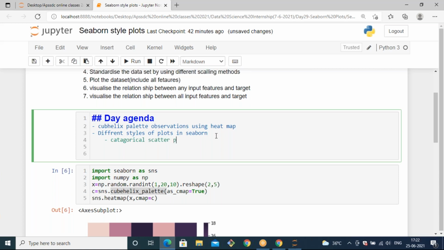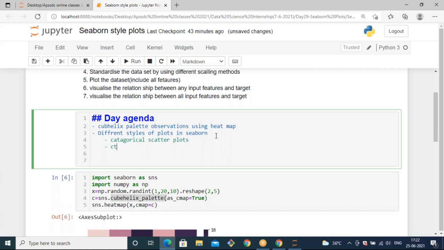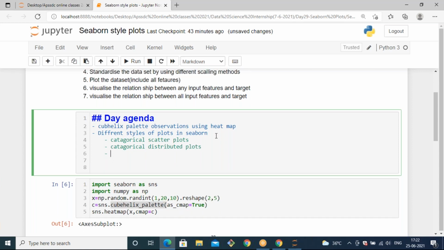Categorical scatter plots, and categorical distribution plots. And the next one we have is categorical estimate plots.